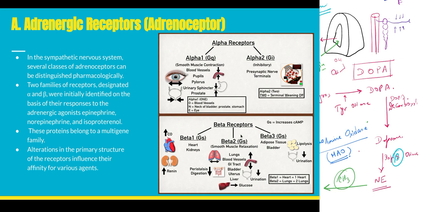Now comes alpha. Alpha 1 goes with the Gq system and alpha 2 goes with the Gi system. So from next time onwards, whenever we talk about the alpha 1 receptor, you should start thinking about the Gq pathway, meaning the PIP2, IP3, DAG pathway. But whenever we talk about alpha 2 receptors, you should always think about the Gi pathway. Do you understand one thing? Alpha 2 is always inhibitory,